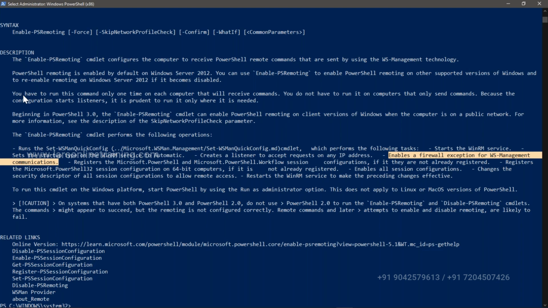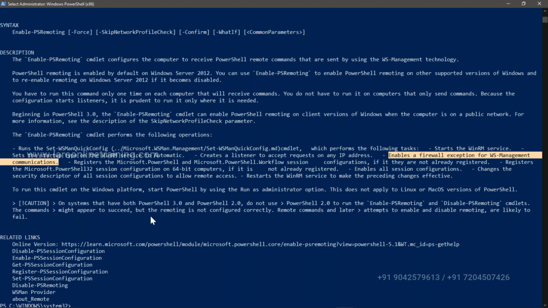WS management is Windows Server Management commandlets. That's a module in and of itself, and it has everything to do with what your machine has to offer, like RAM, CPU, or anything related to your hardware. Those commandlets are in the WS management communications,